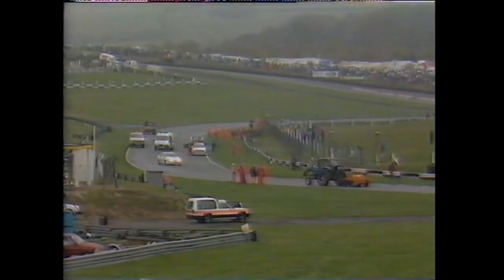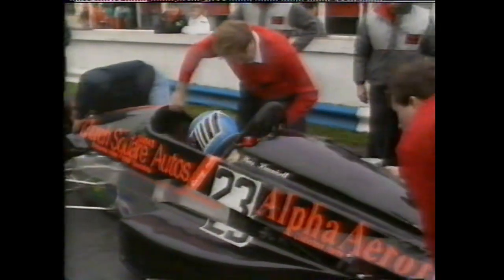So, all in all, a very dramatic start to this 15-lap Formula Forward race, which we now understand is going to be restarted over 12 laps. There, the Honeysett team busily patching up that bodywork to see if they can get their man back in the race again. Obviously, the scrutineers who check the cars for safety are going to be watching what the mechanics do, checking everything is correct. Obviously the race been delayed a bit while the track is being cleared up, so that the team, with excessive use of what we call tank tape, and every industry's got a different word for it,